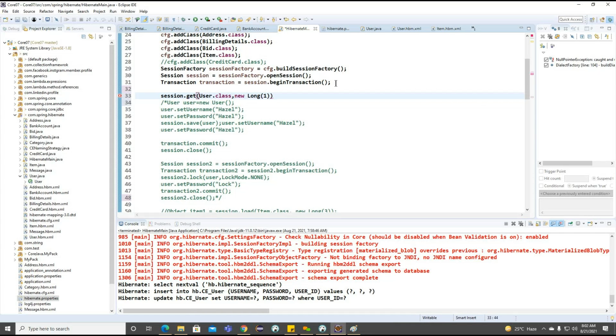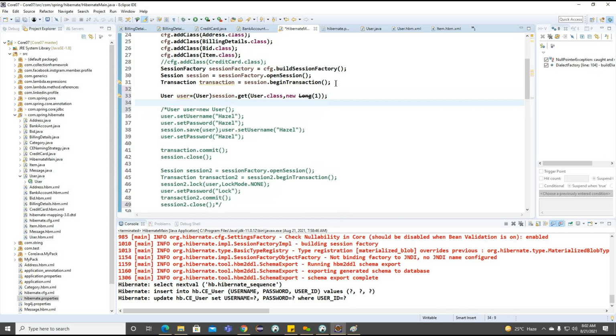We are having one here. So this is all about the particular user object we are loading. Okay, so user object we loaded.